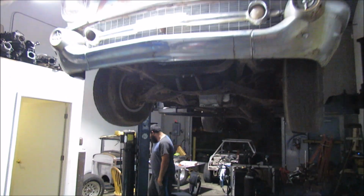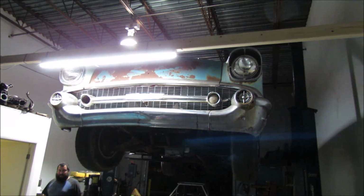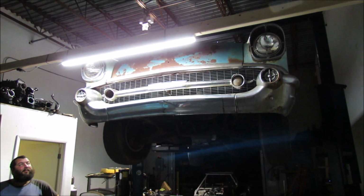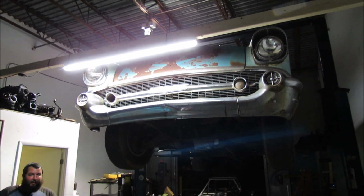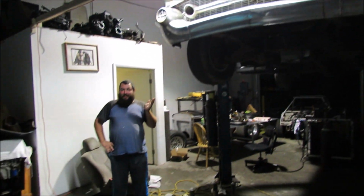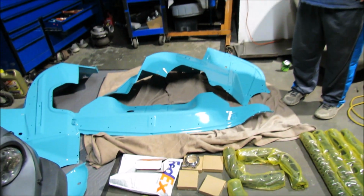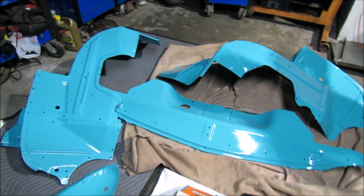So we were talking about this at dinner time. There's a real good chance that the 57 Bel Air wagon might get a turbo kit. Oh, quick update too. Boom. Yeah, we should talk about this. Go ahead, walk us through. Well, actually,